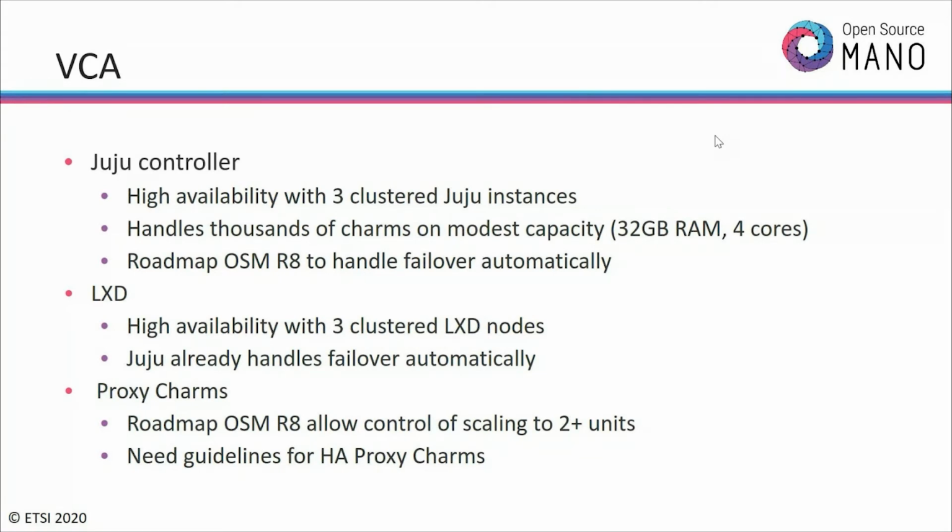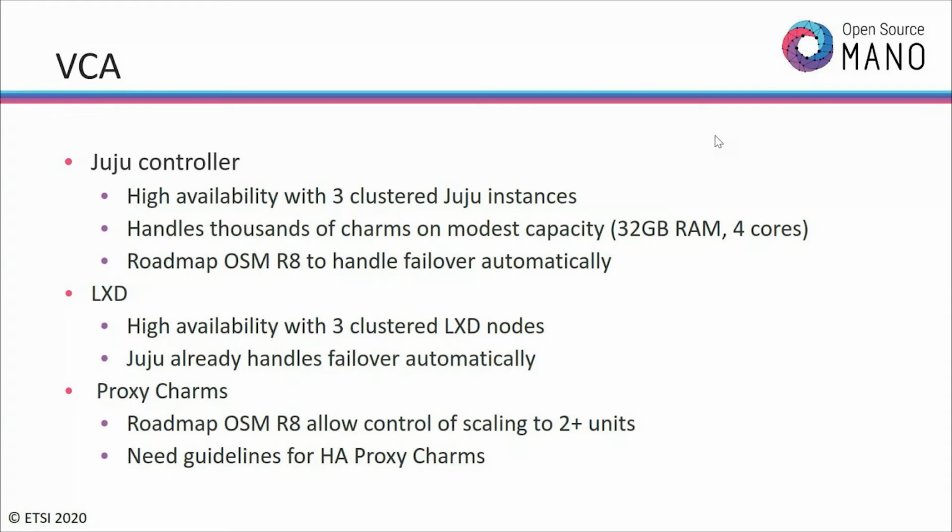So currently, the Juju controller supports high availability with 3 clustered Juju instances, and it can handle thousands of charms on some modest capacity, like 32 gig of RAM and 4 cores, which in a production environment should be quite easy to achieve. The thing is that OSM currently needs to know the IPs of all these Juju instances,